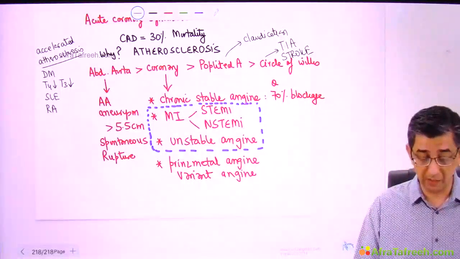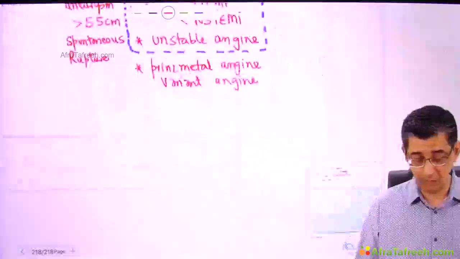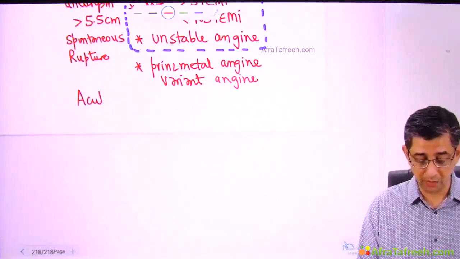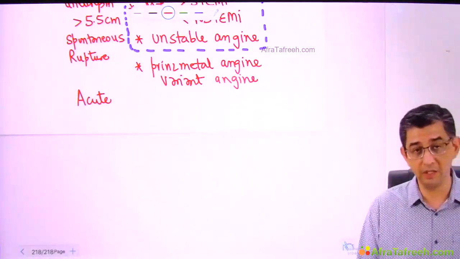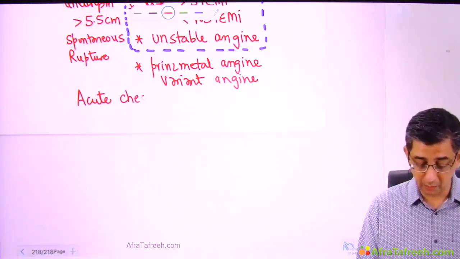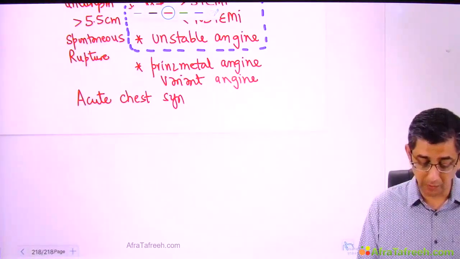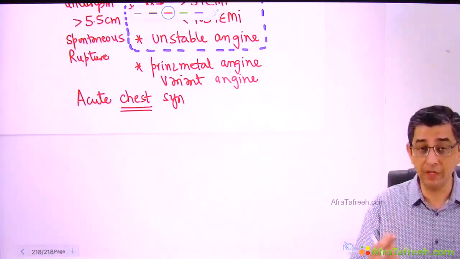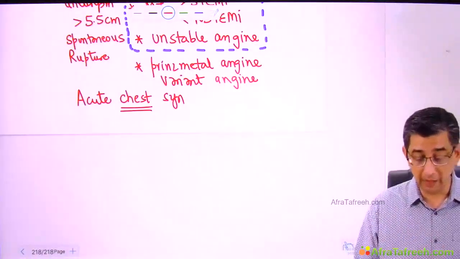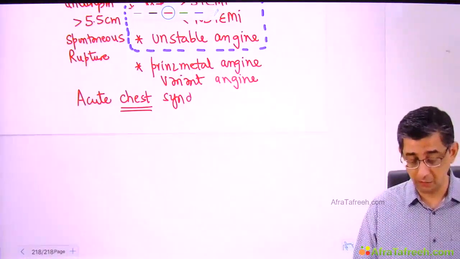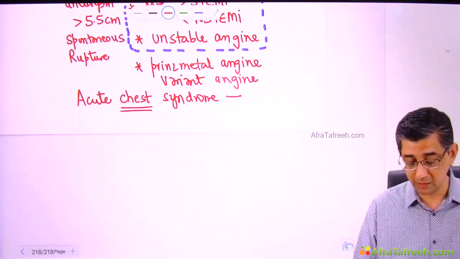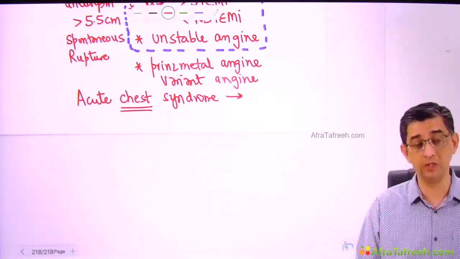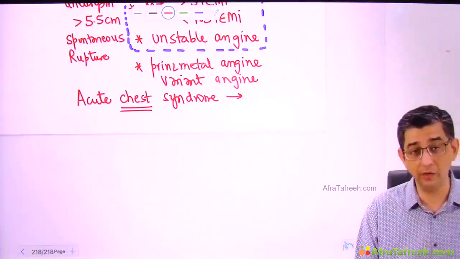I repeat the fact once again, acute coronary syndrome would have the following differentials that I have just explained to you. That is going to be STEMI, non-ST elevation MI, and unstable angina. Now, in the exam, what he usually does, just to trouble you because you are in a rush to answer, is he might very subtly change the term. He might write acute chest syndrome, and one of my students who pointed this out post exam said, "Sir, he was very smart. I literally almost neglected the word acute chest syndrome. I thought he's asking acute coronary syndrome."